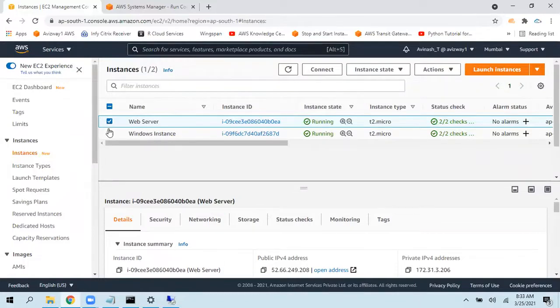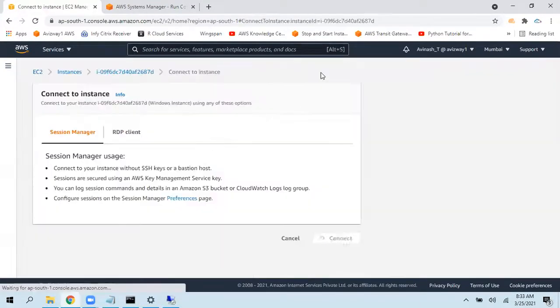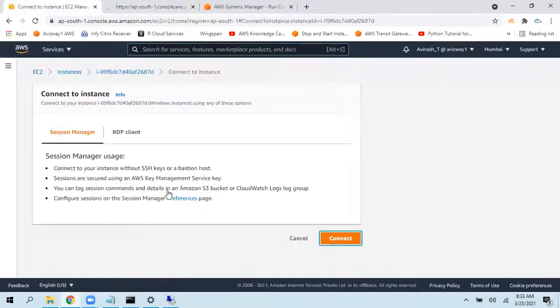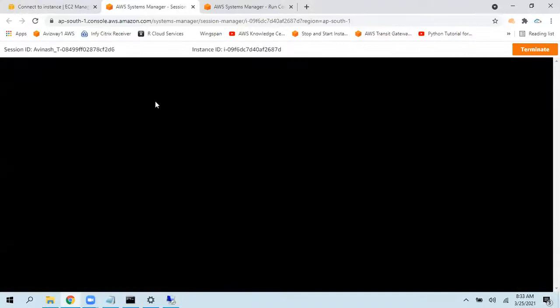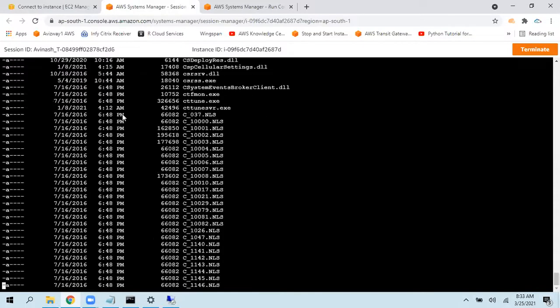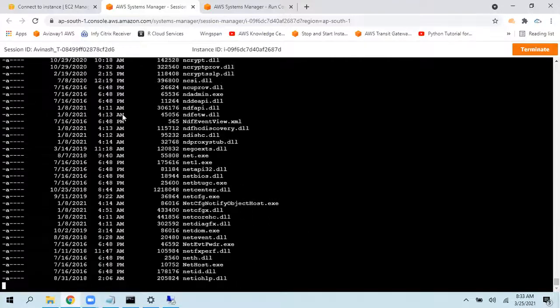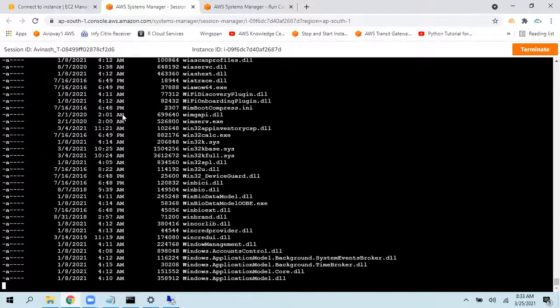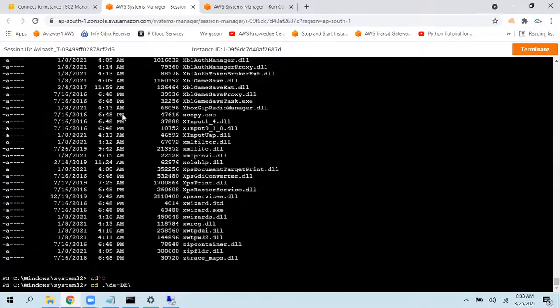Okay. So for Windows also, we do have this option. Whenever you click on Connect, Session Manager, click on Connect, but this is not a UI. This is completely CLI only. So see here, we are under this system. And if you give dir, these all are the things. So you can go to